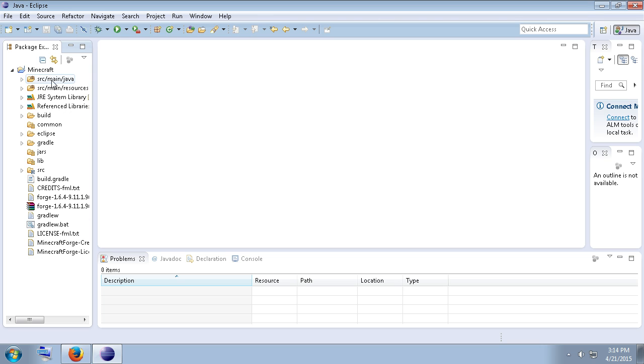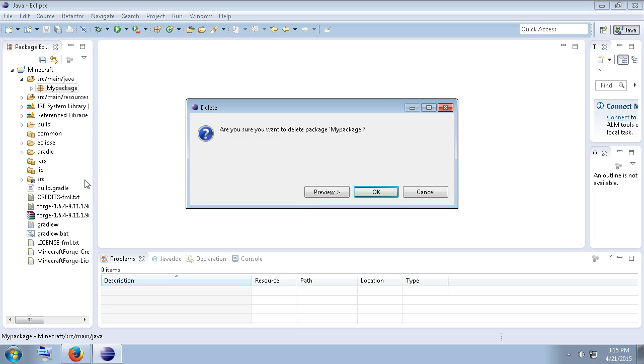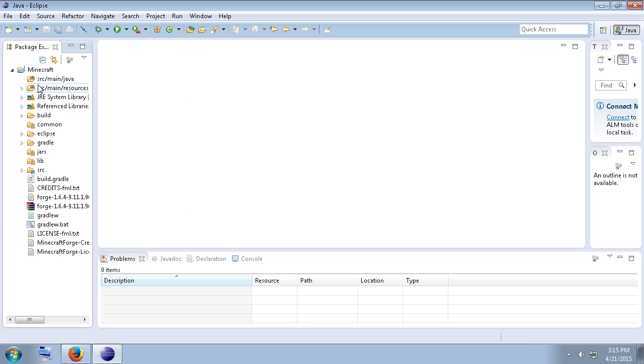So if you open up the source.main.java, open that up, you'll see there's a package in here, and it's probably called something like example package or something along those lines. Mine's a little bit named differently. But go ahead and just delete that, and we're going to make our own package. And we're not going to go through the tutorial there that they gave us. We're going to do our own tutorial. So go ahead and delete that, and we'll press OK. So there should be nothing inside here anymore. There shouldn't be any arrow there. So once that's all deleted,